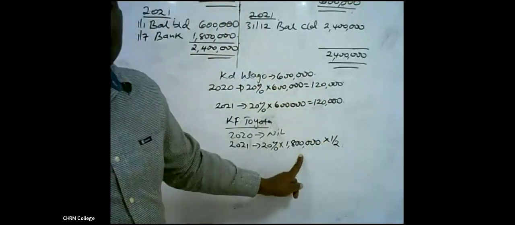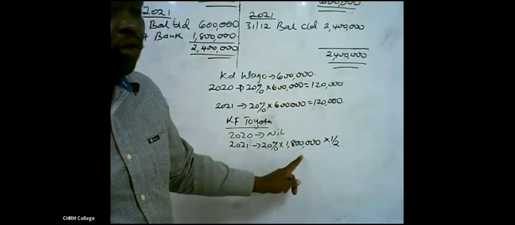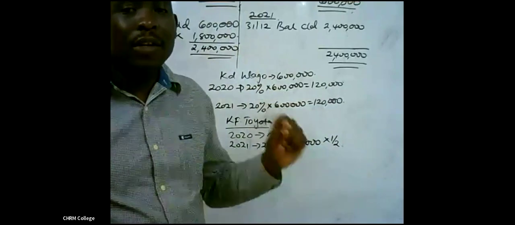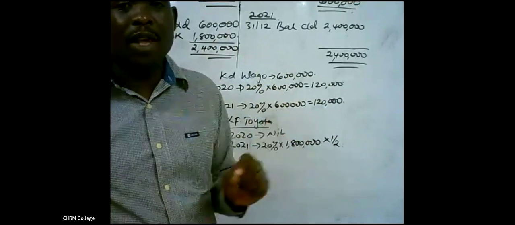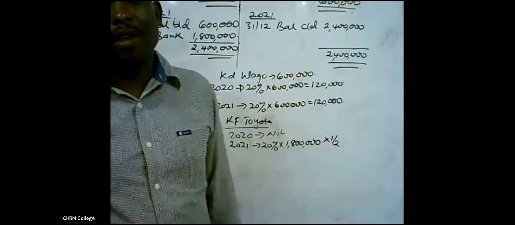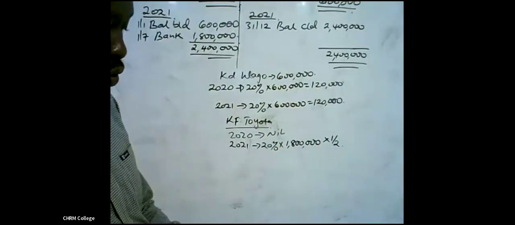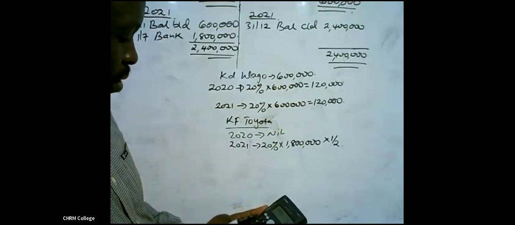20% of 1.8 is the depreciation for the whole year. But this asset was not used the whole year. You multiply by the proportion of the time period it was used. It was used half of the year, which is now 6 months out of 12 months in a year. So that is how you do it before you put them into their account. So 0.2 times